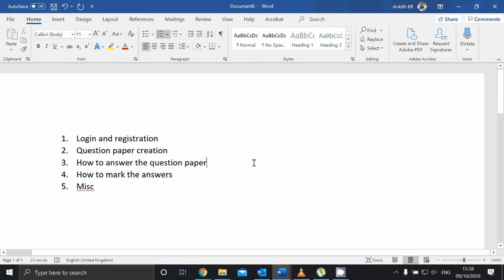Answering for the students is going to be very easy, because once they log in, if you have published the paper properly, it is very easy. Marking is again very easy for the teachers, because it's just look at the answers and just give the marks on the side. Now, if the students have uploaded the answer as photos, in language kind of subjects, it becomes a little bit tricky because you have to download the image, see the answer, and then mark. But for everybody else, you can just see what they have written there and just mark. It's just one more extra step for the languages.